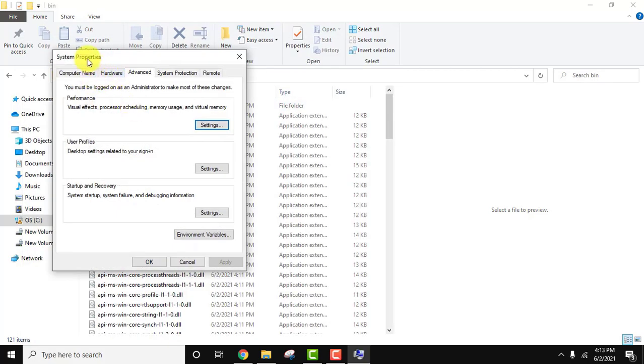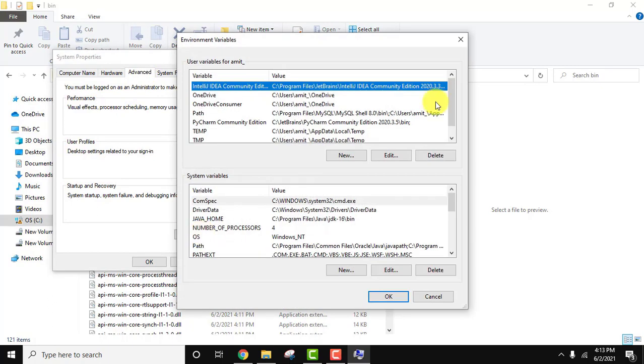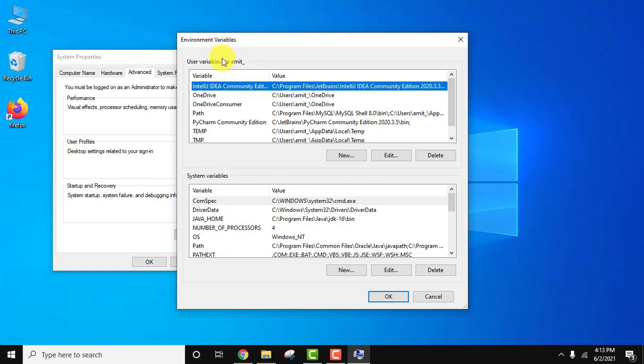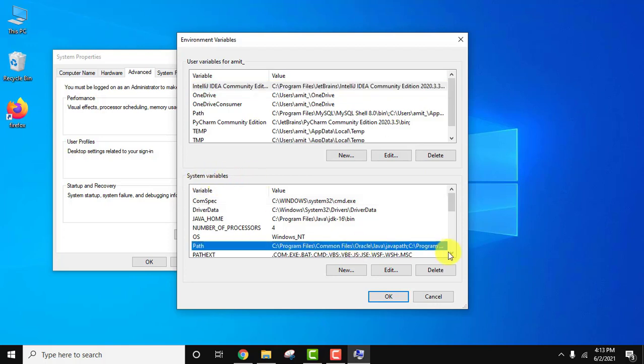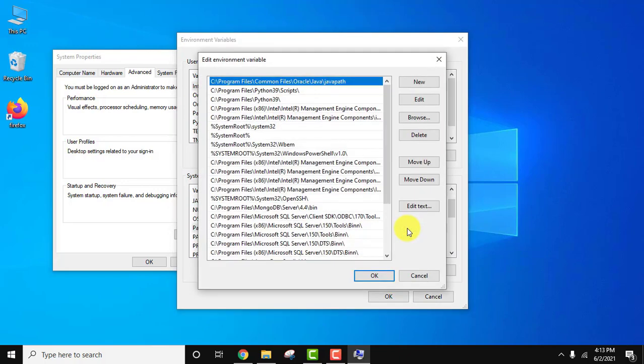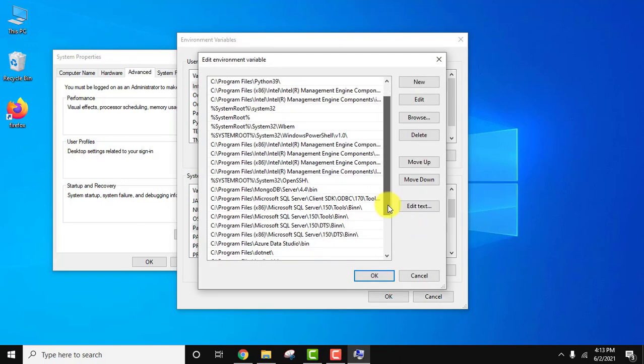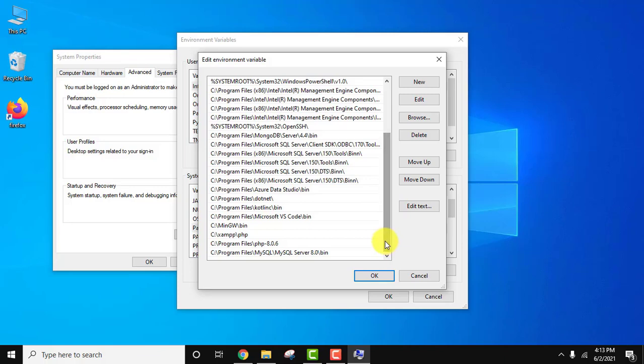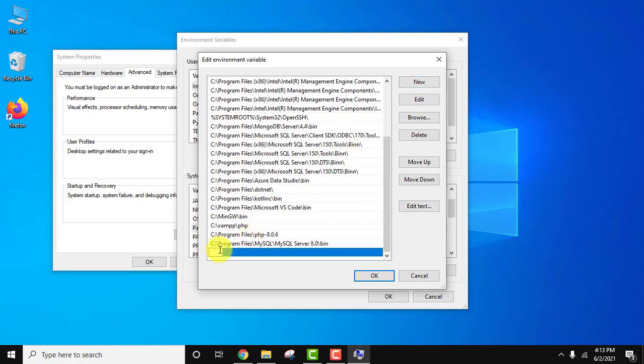Here guys, we are under the system properties advanced tab, click on environment variables. Now from here, you can see environment variables are visible for user variables. If you want the variables to be set for the entire system for every user, you can go for the system variables. So to avoid any future errors, any path issues, I always go for system variables. It's a good practice. Here go to path, double click on the path. Now guys, you can see all the paths we have set here for different languages are visible. Click on new and just paste the path we copied before. This path.